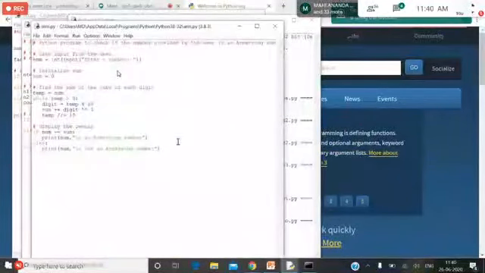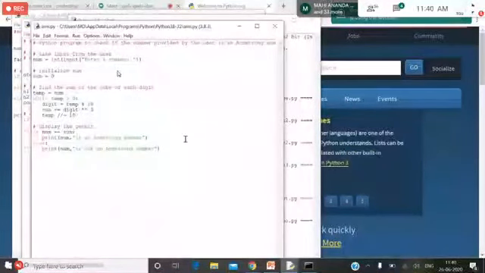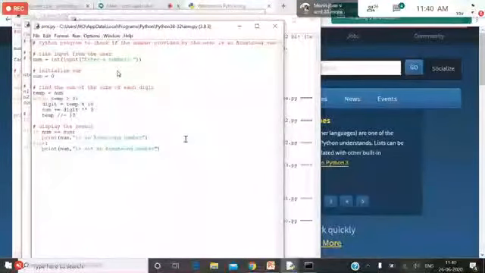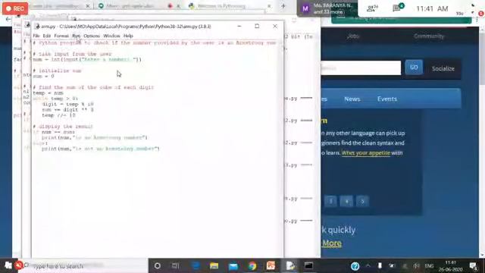So this is to find out the Armstrong number. An Armstrong number is nothing but the sum of the cubes of each individual digit being equal to the number itself. So you know very well 153 is an Armstrong number. If you take the cube of each individual digit and add them together, you will get the original number. So run module option.